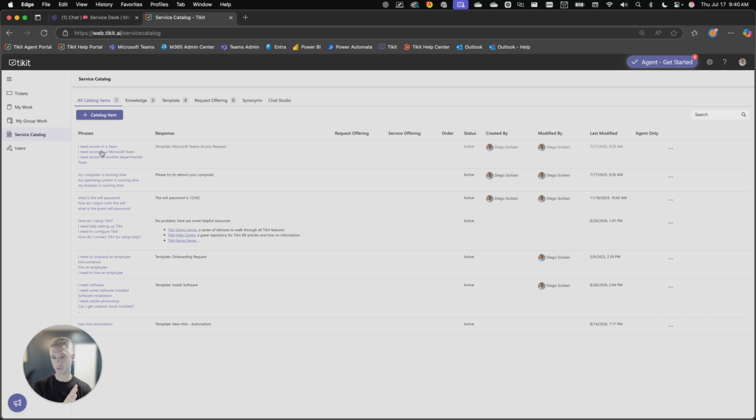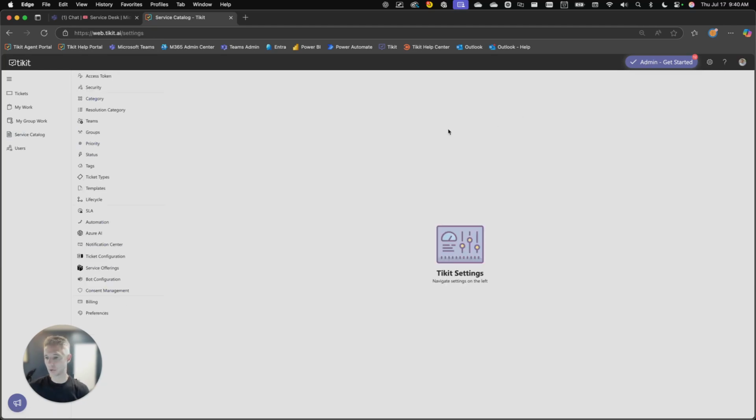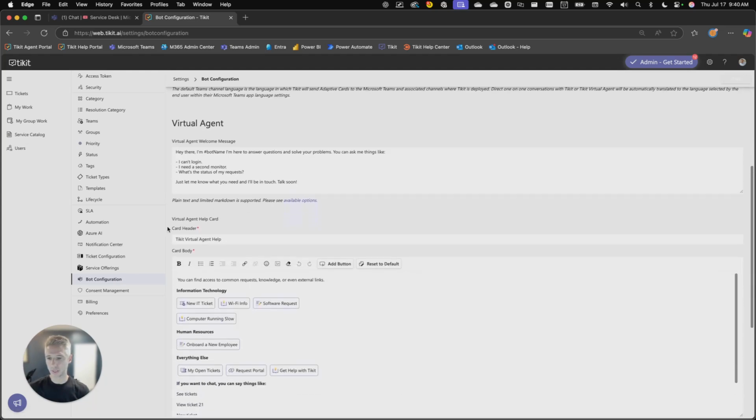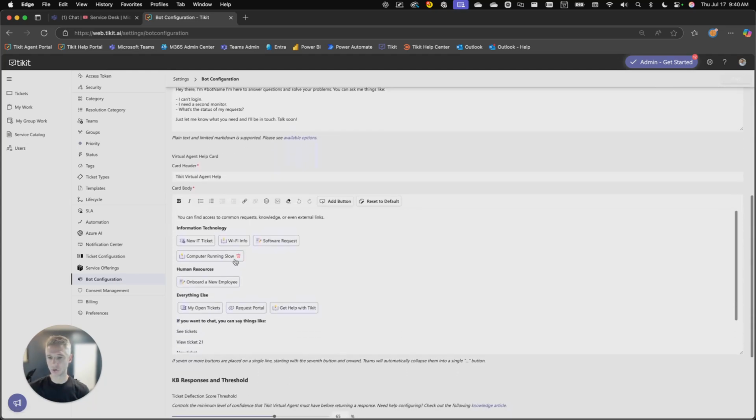this to the help menu so that you have the options on how you want to present these to the end users across Teams. So to make this template available on the help menu, what we're going to do here is travel over to the settings area and go to bot configuration. And in bot configuration, we have two bots. We have Ticket and Virtual Agent, Tikit Virtual Agent. We're going to scroll down to the virtual agent area and go over to the help card